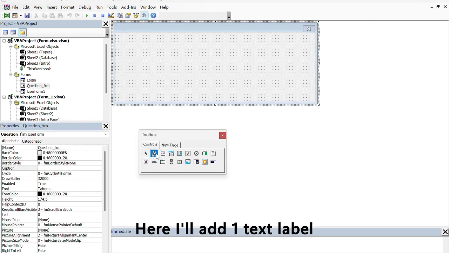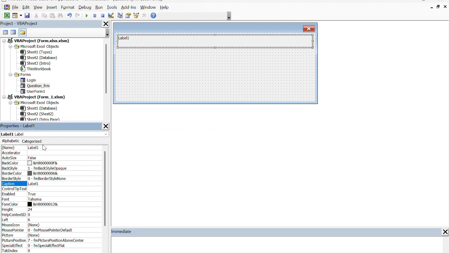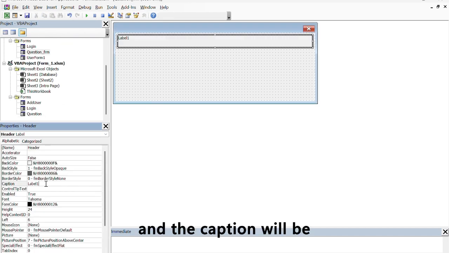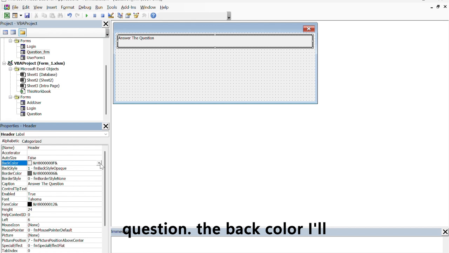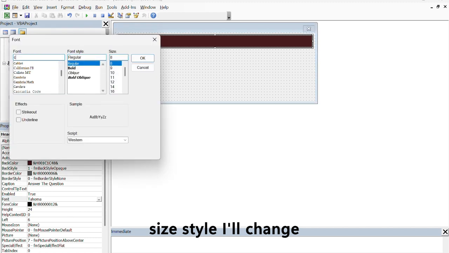Here I'll add one text label as the header. I'll change the name as header, and the caption will be answer the question. The back color I'll change to dark brown, and the font size style I'll change